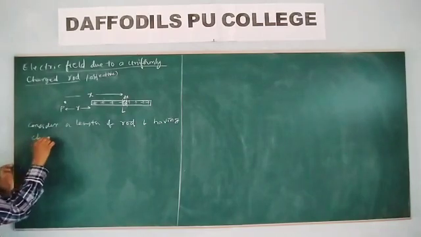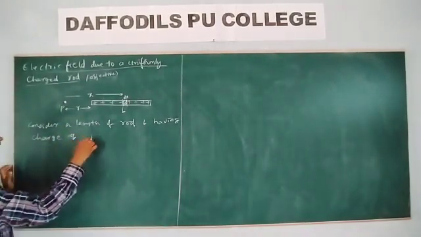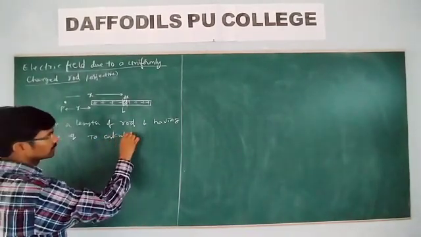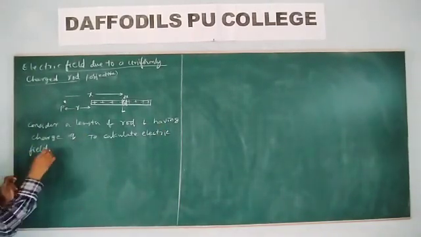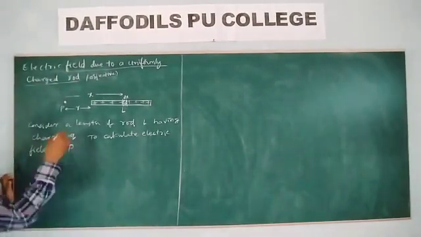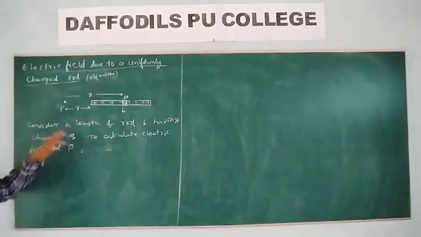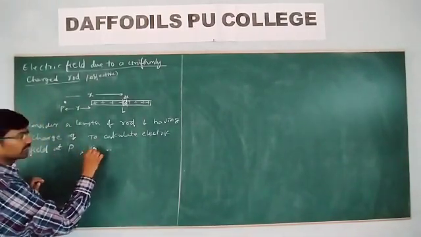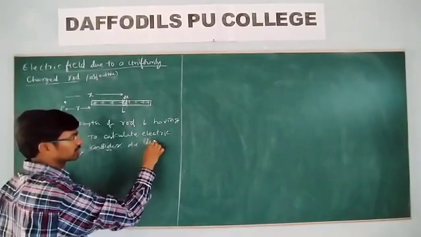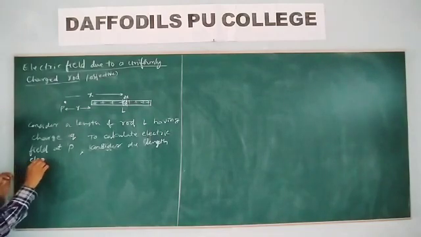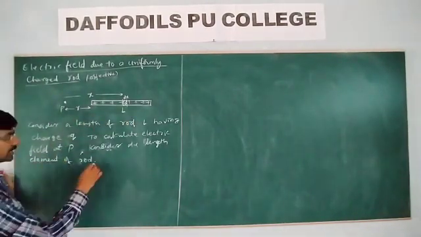Let me take the charge as Q. To calculate the electric field at point P, at a distance, we consider a dx length element of the rod. Now for this dx element at a distance